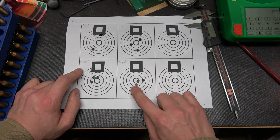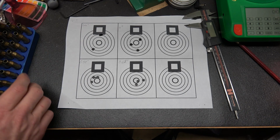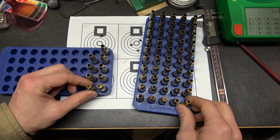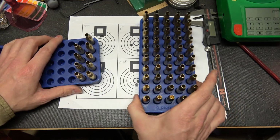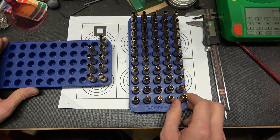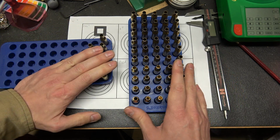Now, I do plan to do just a little more work with this load. I have got 59 more pieces of brass, and I'd really rather have it all fire formed. So we are going to be doing some more with the 243. Some of that is a little bit of a surprise, I suppose. Something completely different than I originally planned on, but we're going to make sure all this brass is fire formed,